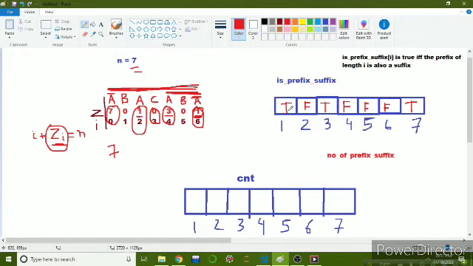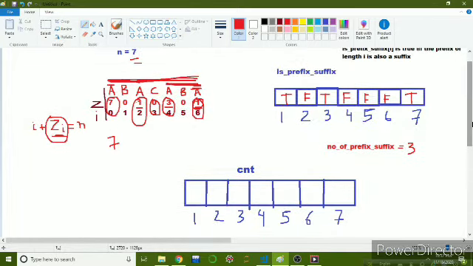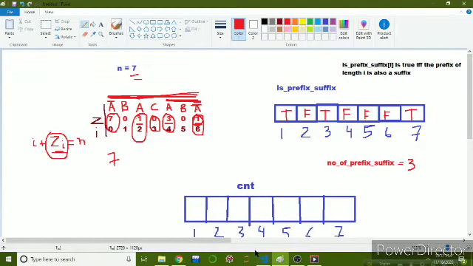So we can see that here 3 true values are present. That means the answer of our first query is 3. So there are 3 prefixes which are also present as suffixes.